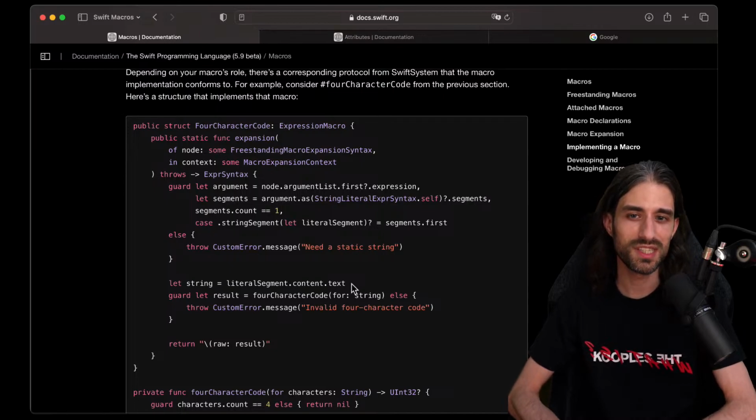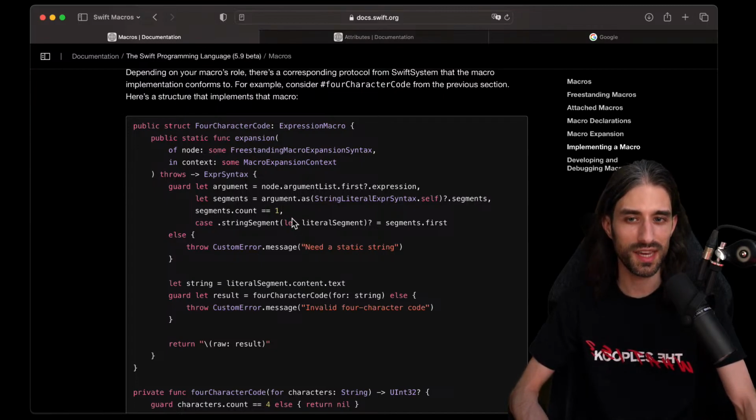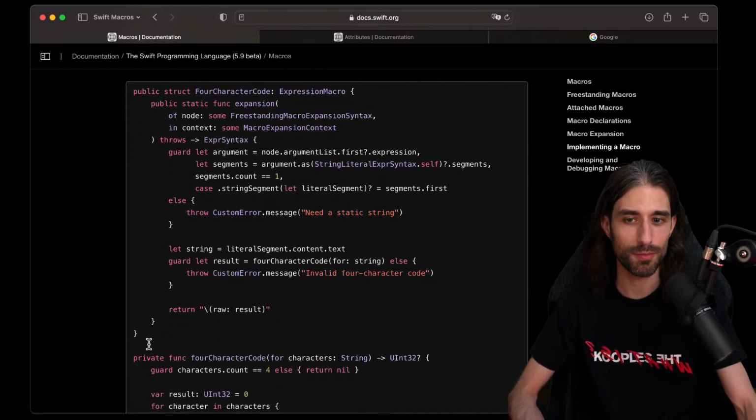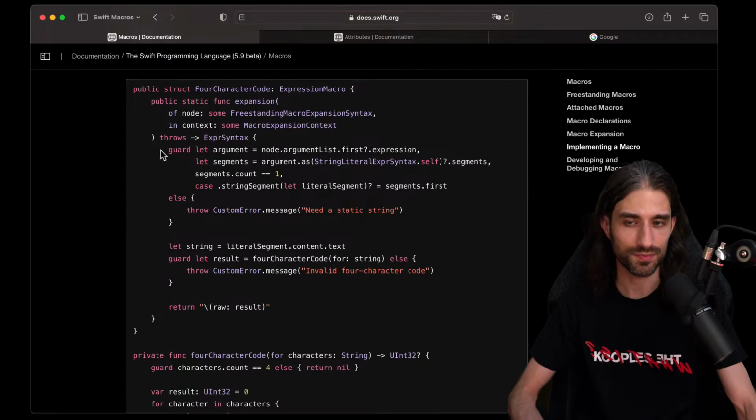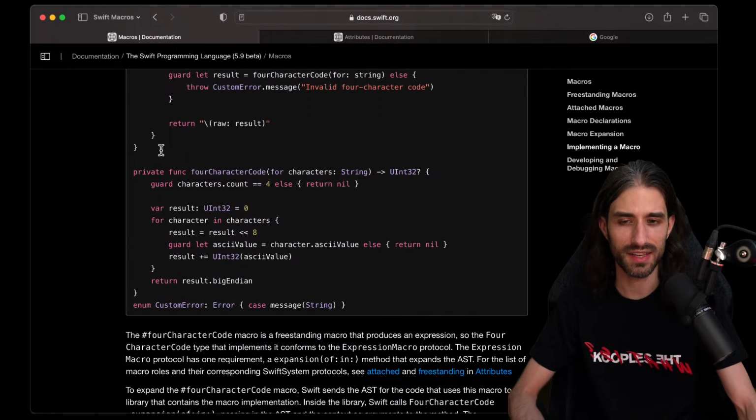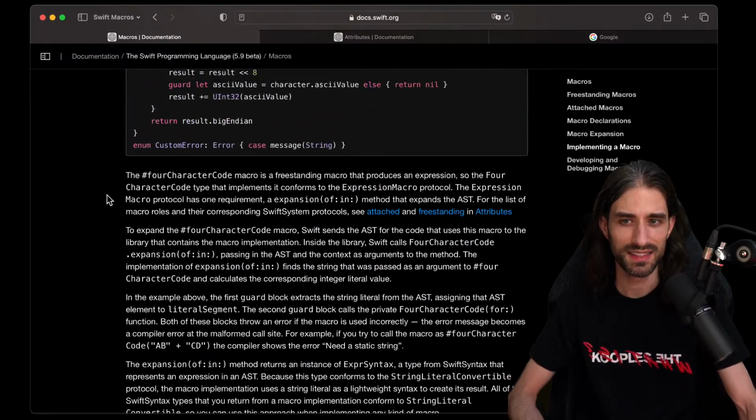So it will be interesting to see in the future whether Swift developers are going to adopt creating macros a lot, or whether it's going to be just a few library developers who focus on gaining this knowledge. Because there is definitely a stronger barrier to entry here than to implement a property wrapper, and even the simplest version is arguably more complex than a property wrapper. So let's see the explanation.